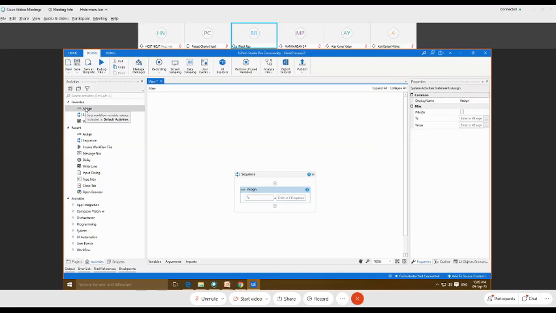Similarly, I'm going to do this for arg_out. So you can see here, variable_argument_in, and then variable_argument_out.